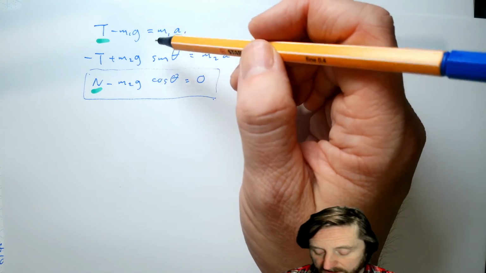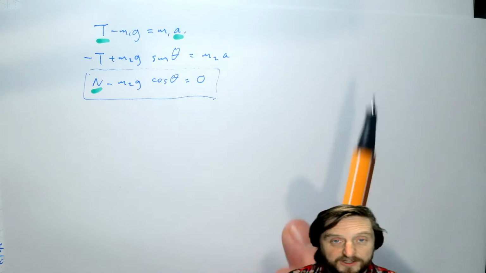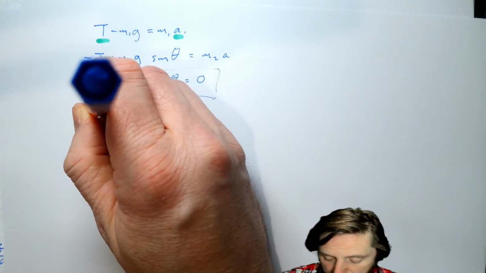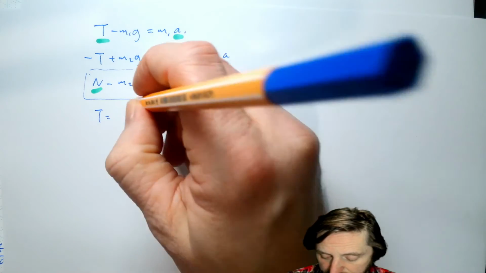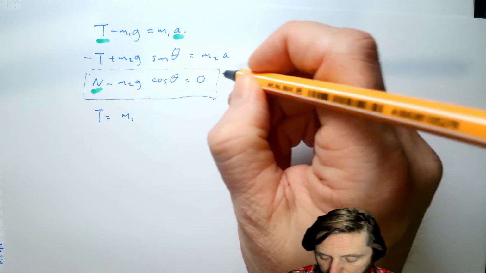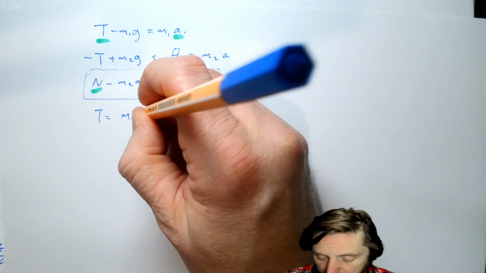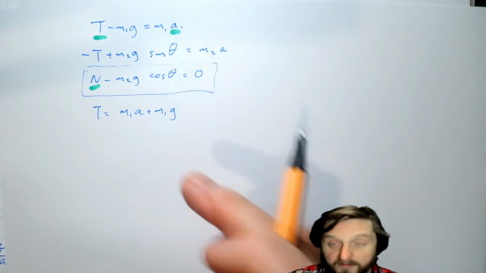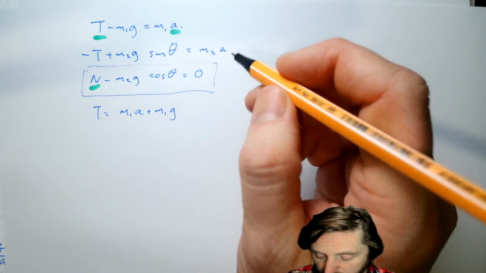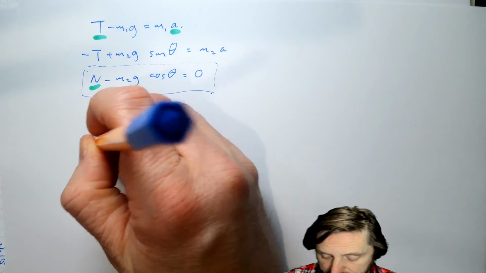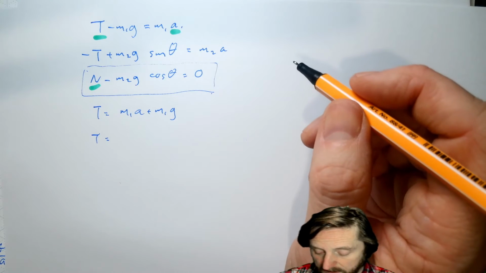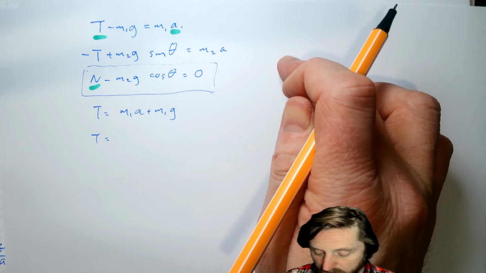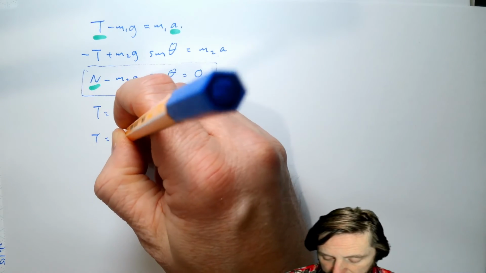for the tension. So let's do that. So we're going to say that T equals m1 a plus m1 g, and then if we rearrange this second one here a little bit, we're going to have T equals, that's mine, so it should be m2 g